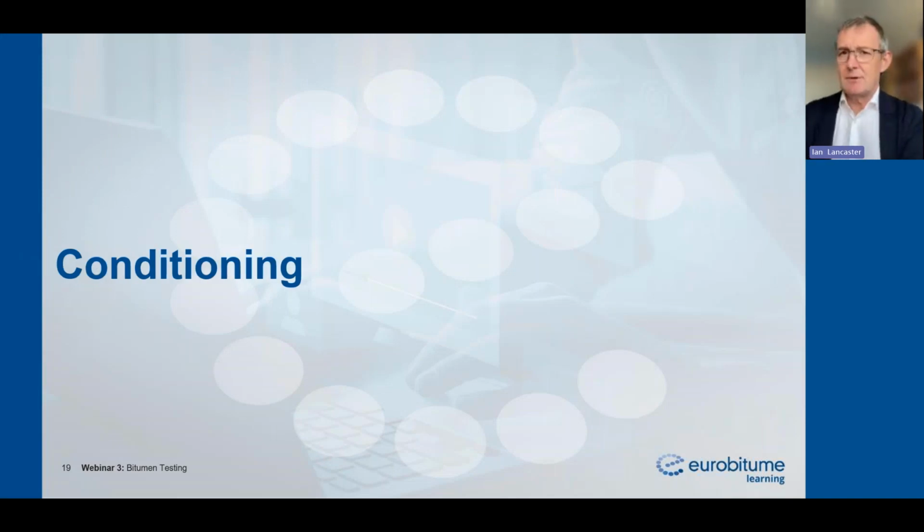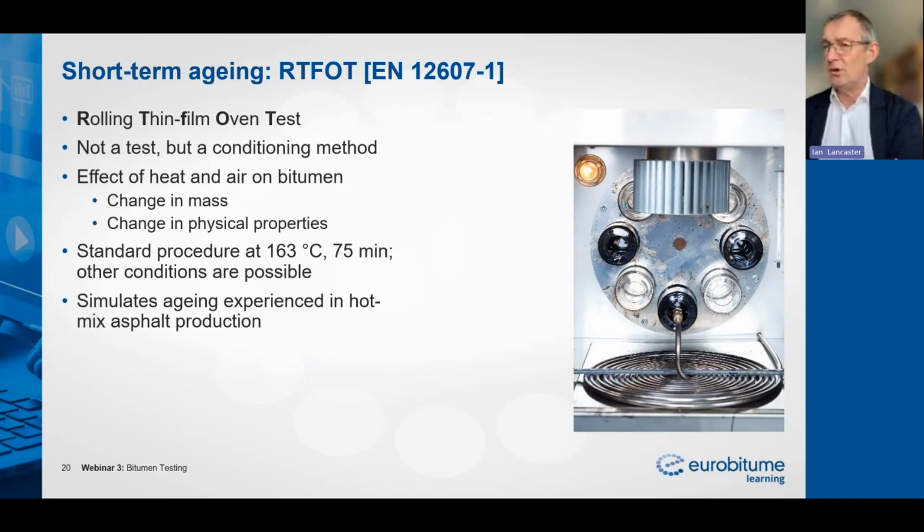In the summary, I said we were going to look at conditioning, and we will look at 3 conditioning tests now, all of which simulate slightly different things. The first 2 that we're going to look at refer to short-term aging, and we use the rolling thin film oven test for this, and it measures the effect of heat and air